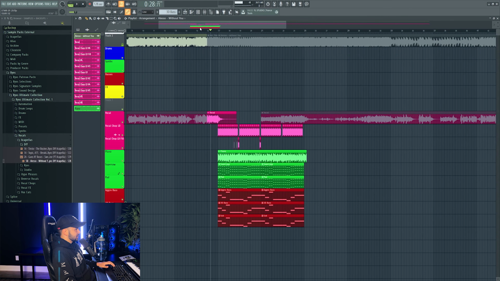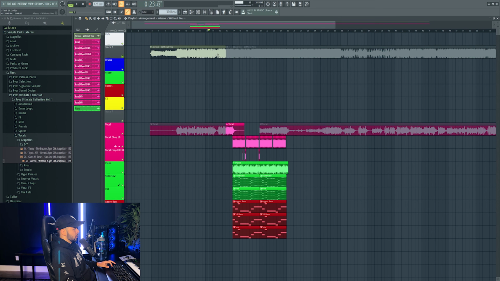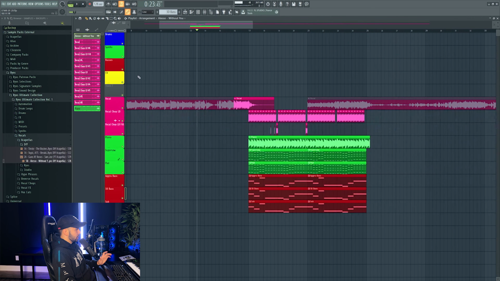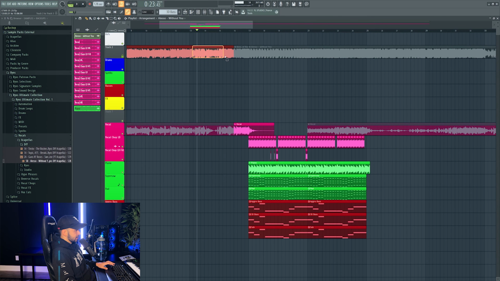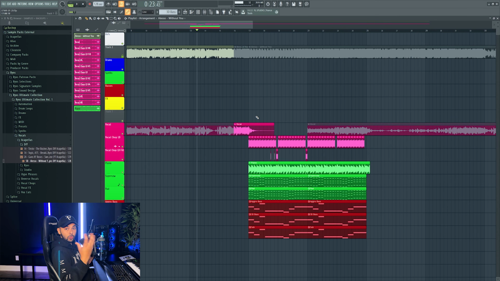So now let's take a little step back and let's try to transition this into my section from the original track. So the first idea I had was to add like a light sweep in the original and then have like an impact here for my section, and then it goes into, or excuse me, we'll have an impact right here so that the vocal kind of like solos out, and then an impact following that into my hands up section. Sounds complicated, but it's going to be really easy.